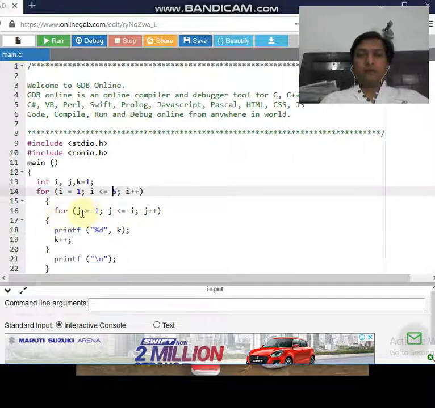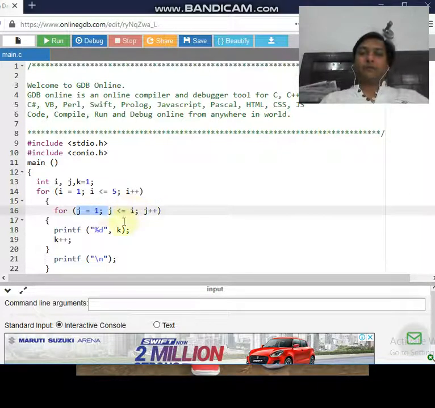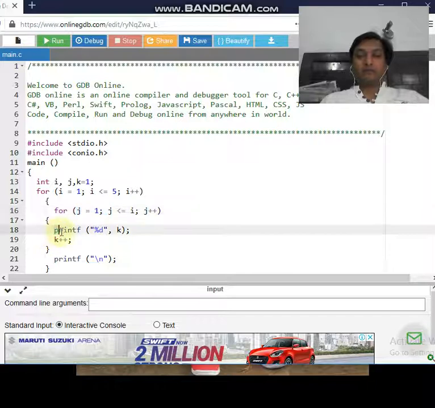Similarly, the inner for loop is initialized with j as 1, and j is dependent on i, that is, the inner for loop gets executed i number of times. In this inner for loop, the variable k gets printed, and every time it gets printed, the value of k gets incremented and the line gets changed.